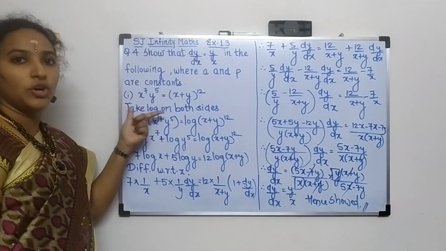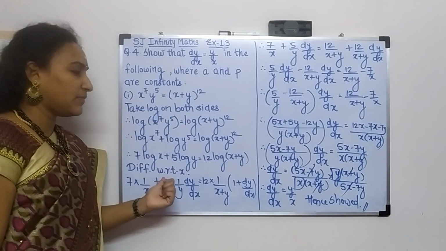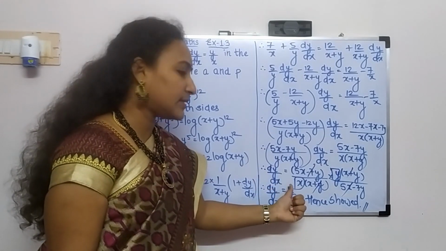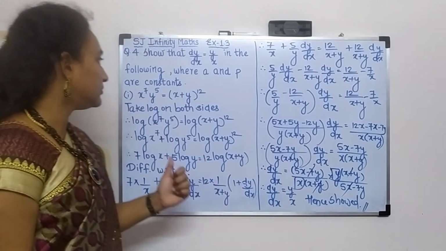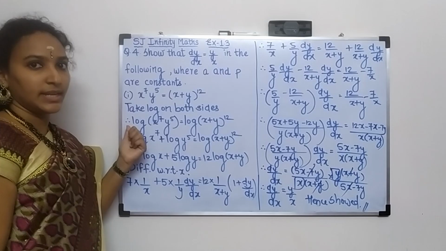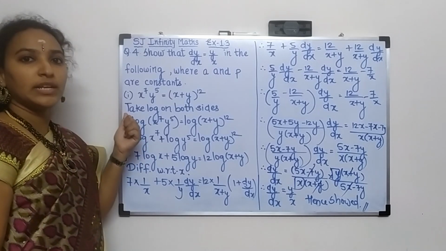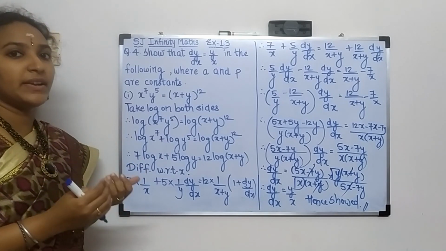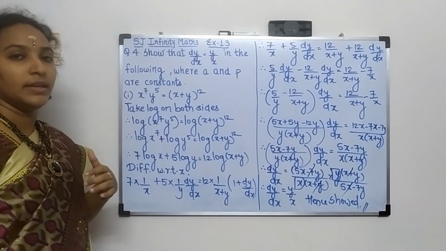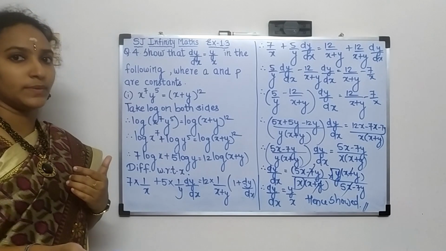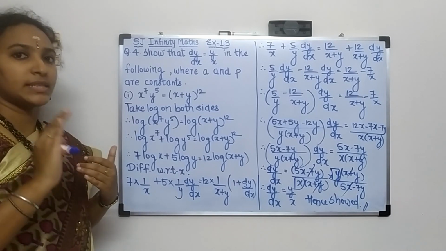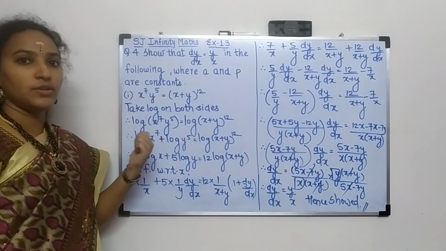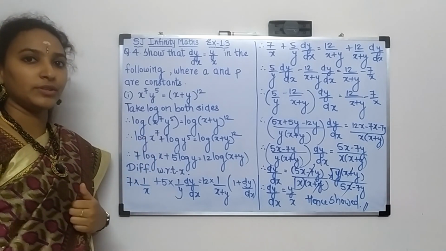See, we have taken log on both sides, then differentiated it and made some simplification to arrive at our answer y upon x. Hope you are finding this question easy. Let us solve question number 2, which is of a similar type. It is a general form of this question. If you understand that question, any number of questions of a similar type can be solved. Please note it down in your notebook. We will move on to the next question.